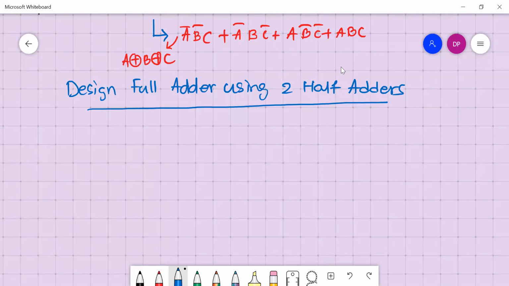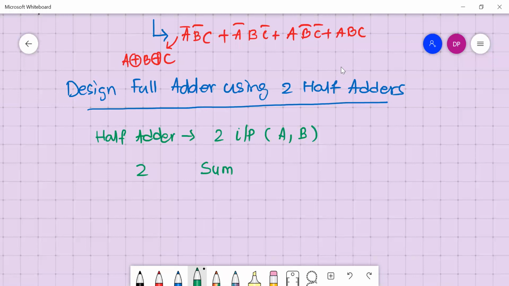Before going to that, let's write here what we have for a half adder. We have two inputs, let's say A and B. We have two outputs, that is sum and carry.